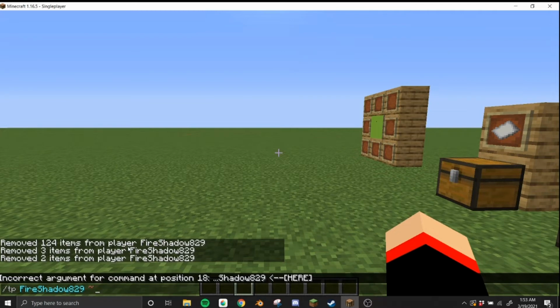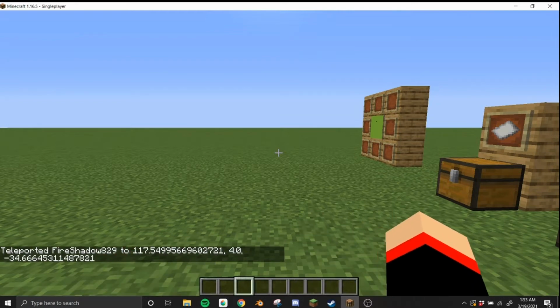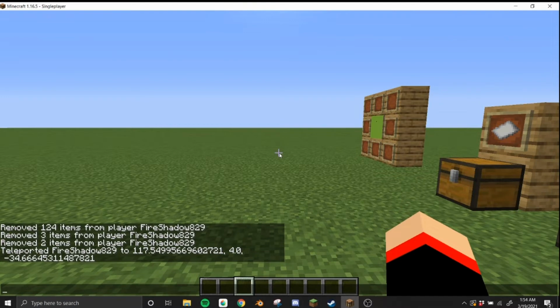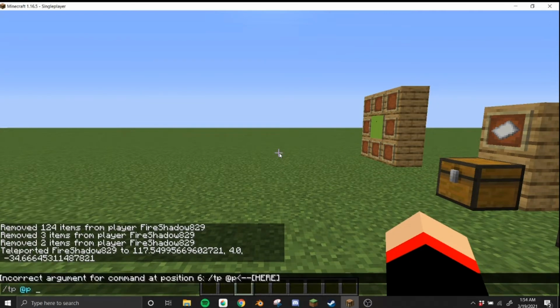Then you're going to do squiggle, squiggle, squiggle, and the squiggle button is by holding shift and pushing the button that's below the escape one. And if I hit enter, you'll see nothing really happens, right? And that's because the squiggle means the current location. So if I do /teleport, which is TP, let's do @p, which is the nearest player, which is me, and I'm going to do